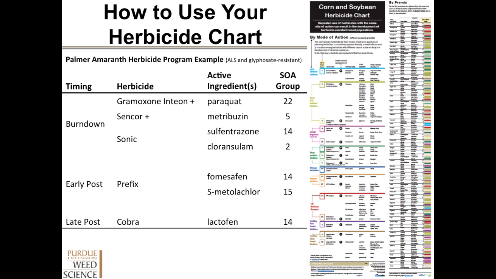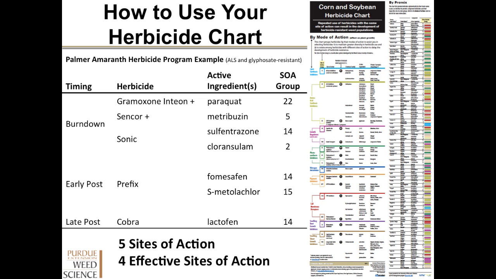But just take a little bit of time and write down all those sites of action. Once we start looking through here, we're just going to look at those site of action group numbers. So what we can see here is that we have 5 sites of action. That's pretty good. Only 4 of those are